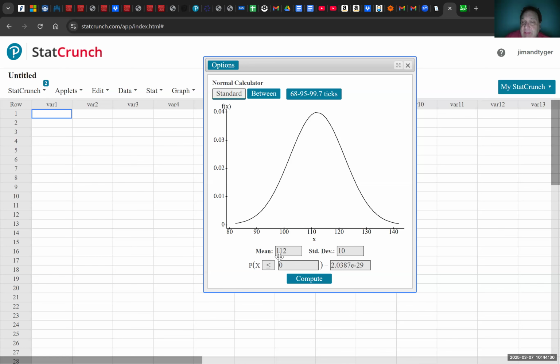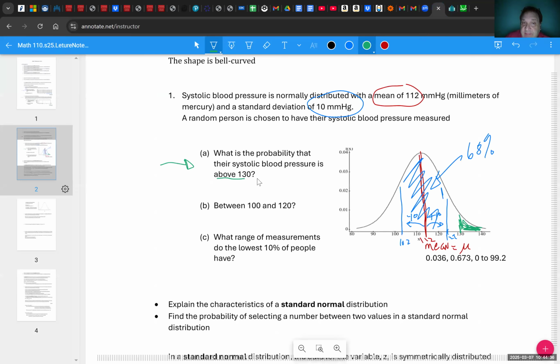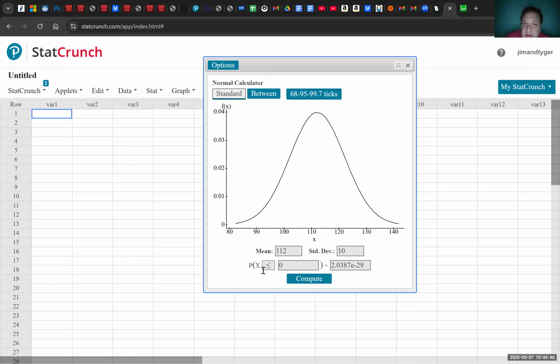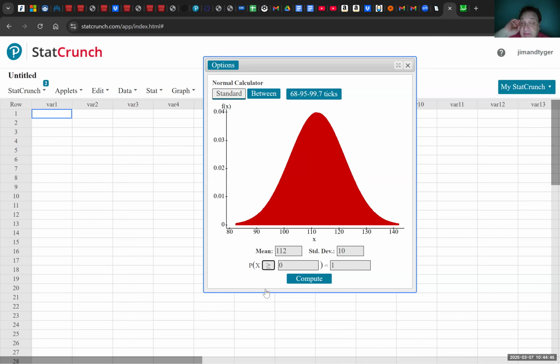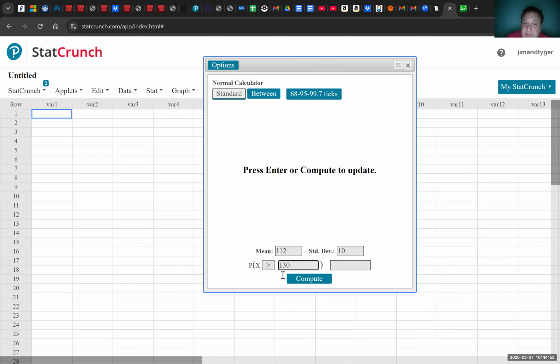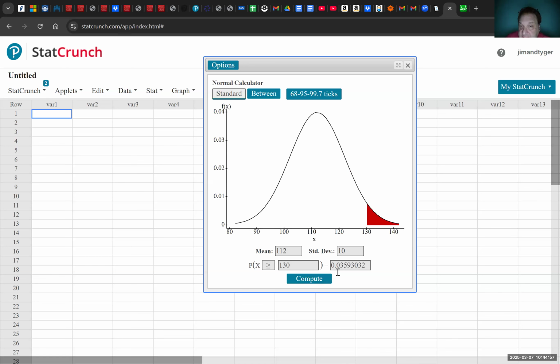I am looking for the probability that the number is greater than 130, right? So looking for the probability that it's above 130. So I'm going to go to my StatCrunch. I want greater than. Greater than is the same as greater than or equal to. The probabilities will come out exactly the same. And I want greater than 130, not greater than 0. So greater than 130, I'll hit compute. And the probability is about